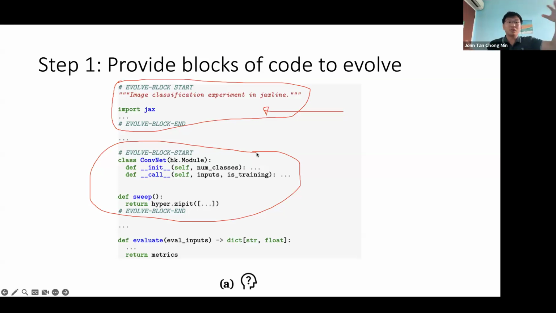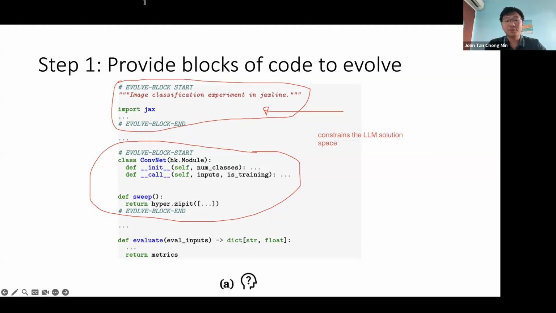But if your code is very long, the whole database and so on, just putting this text here can tell the LM, hey, focus only on these blocks. The rest of the blocks keep it the same. Yeah. So that the LM can focus its search space. So this is very important. This constrains the LM